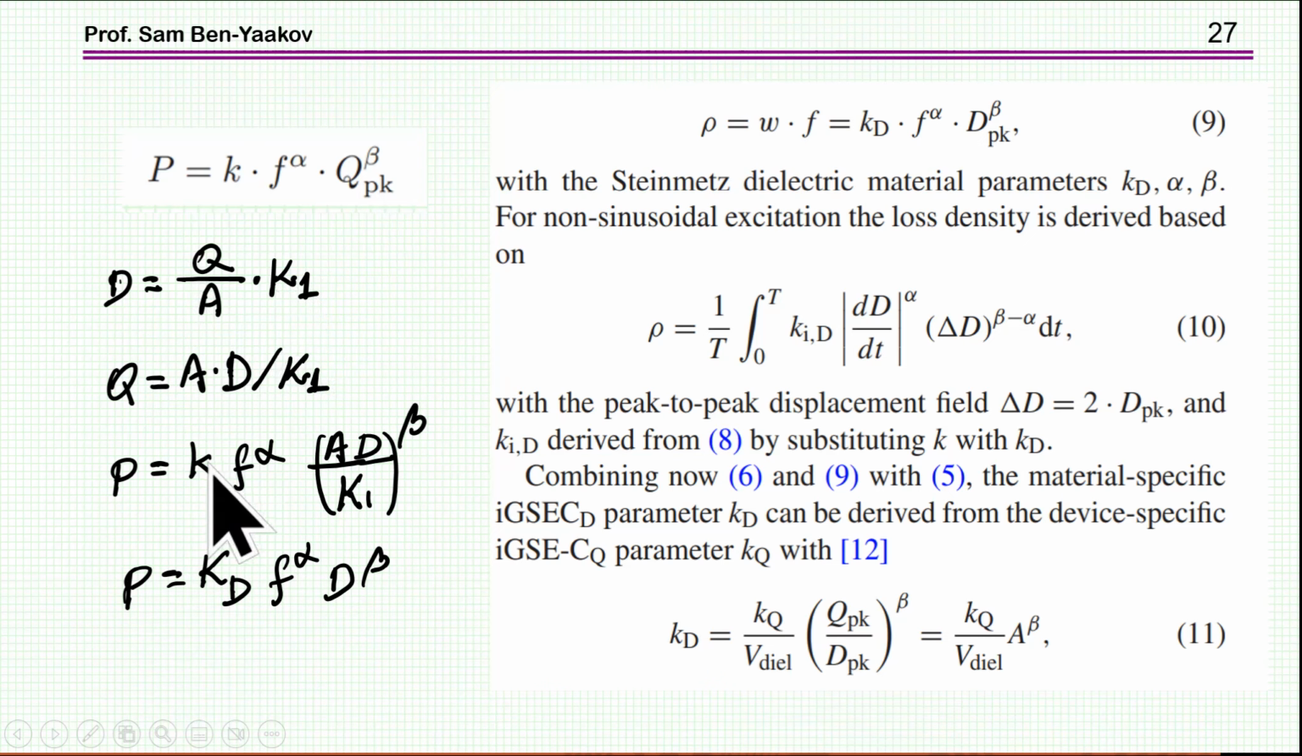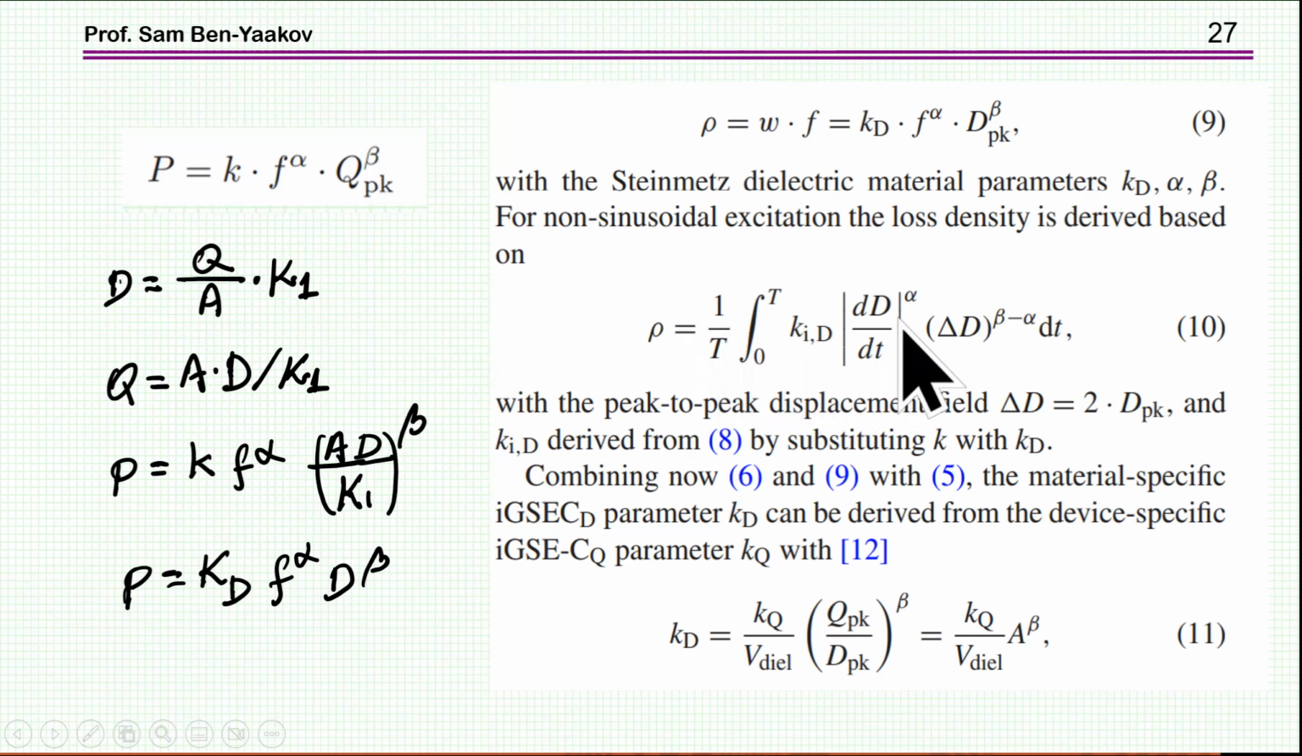And then we go on and we find that this expression boils down to this one, and eventually, absorbing this added constant into the original constant, we get this expression, which is very similar to this expression, except that now we have this displacement, which is material oriented. Now this is for the basic Steinmetz equation, and this is for the improved template for the